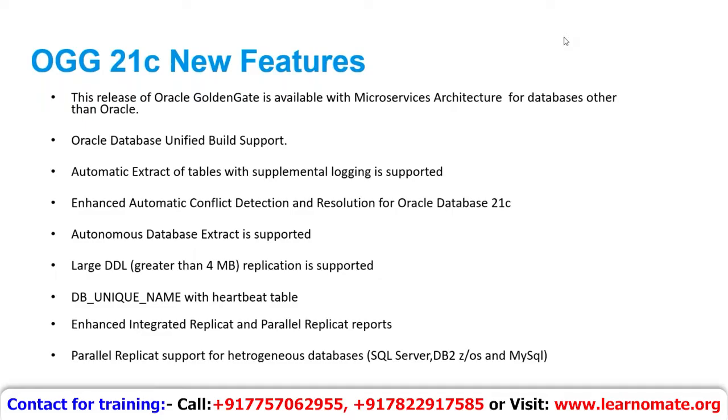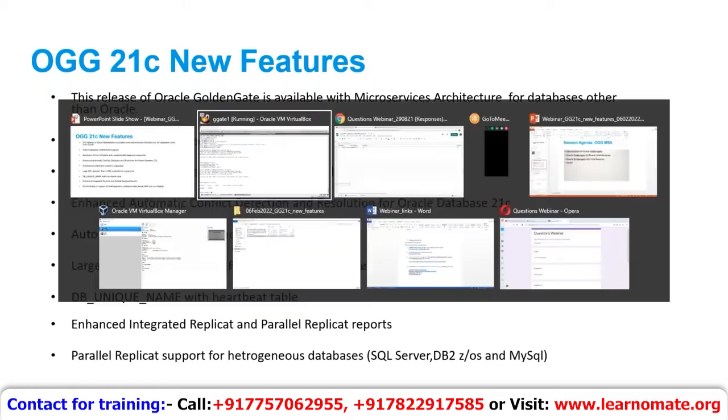That is one feature. Another feature is Oracle database unified build support. That is one of the major changes in 21C. I'll show you with an example. When you install Oracle GoldenGate 19c,